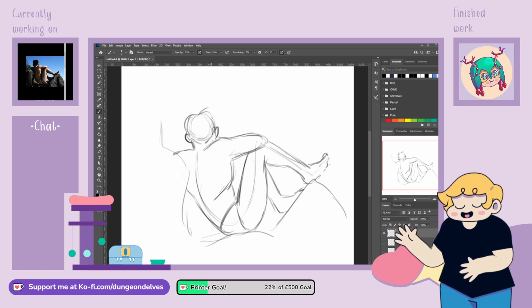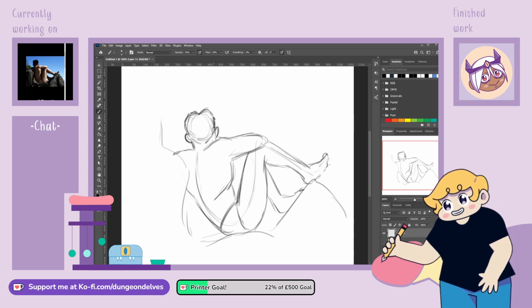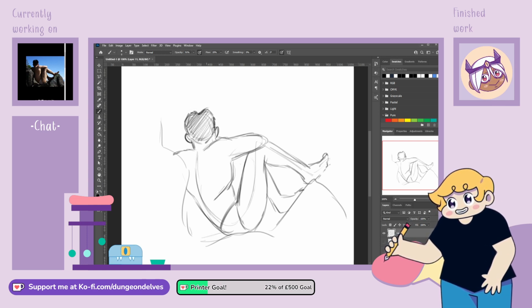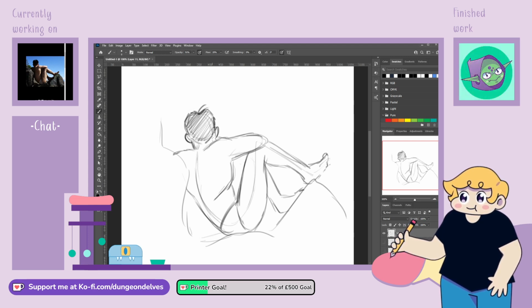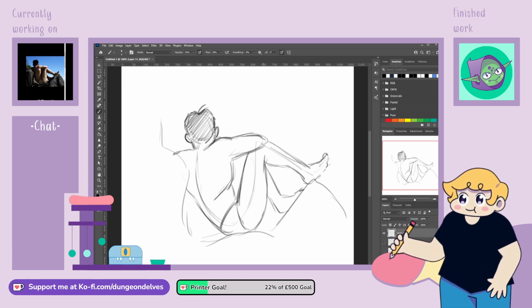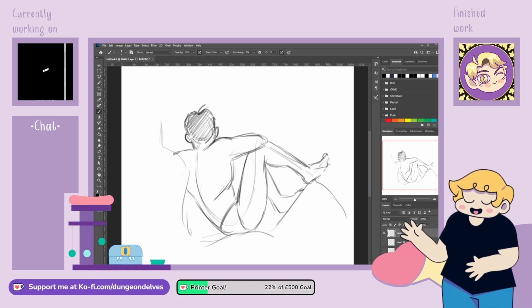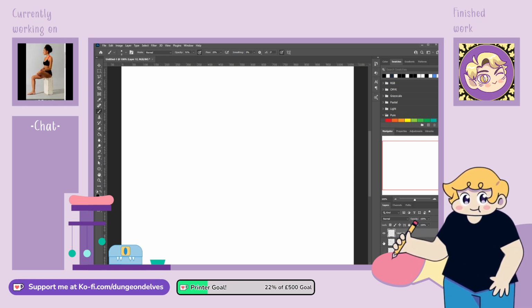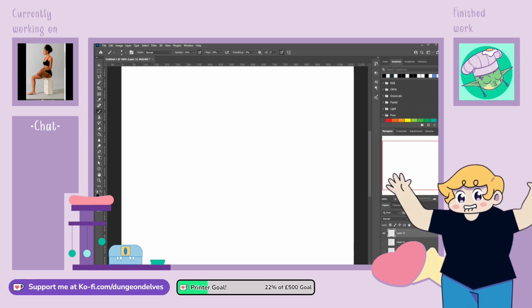I think the head's a bit taller than that, actually. Let's just give that a shade. I like how I've got the flick of the hair there. Maybe that comes in a bit. Yeah, but I need to make sure that I don't neglect the feet, because that's what I always do. I always neglect the feet, and that's why I hate drawing them, because I don't draw them. I don't neglect the feet. Okay. Okay, we have a 10-minute stream. Gonna give it a pause, and a stretch, and have more tea.